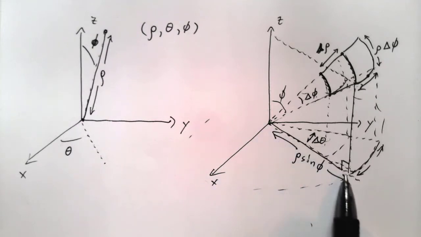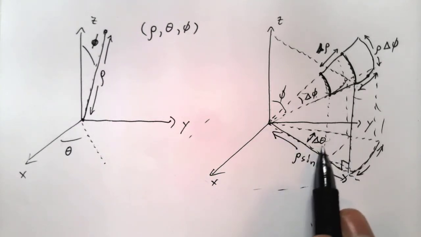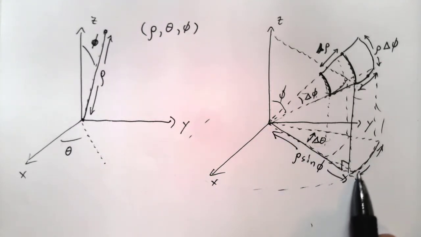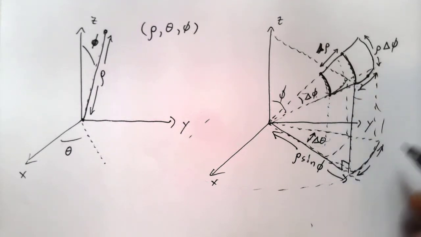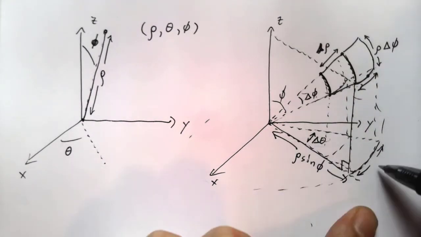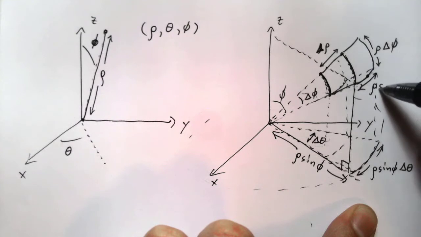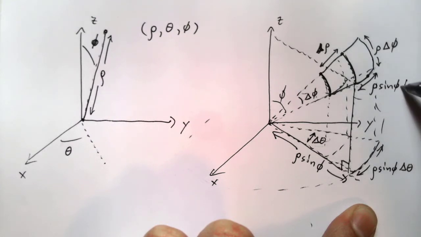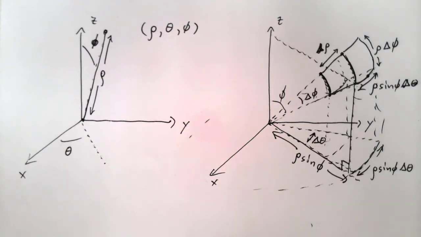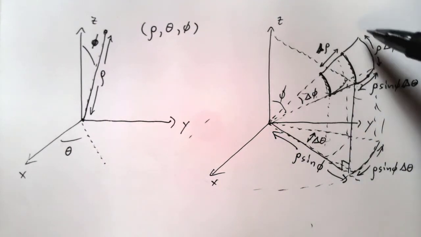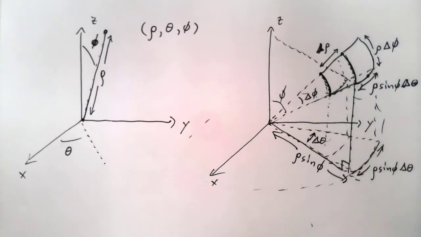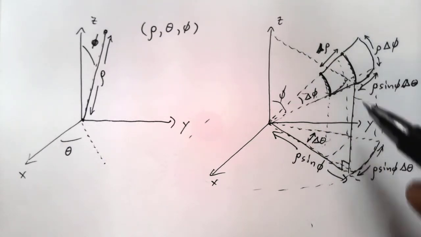We need to multiply this distance times this angle, and that will give us the arc length over here, which corresponds to the arc length that we want. So I just multiply these together. So it's rho sine phi delta theta. And that's what this is. Excuse my sloppy handwriting. And these are the three dimensions that we need, which give us the approximate volume of that box. All right, we call that volume